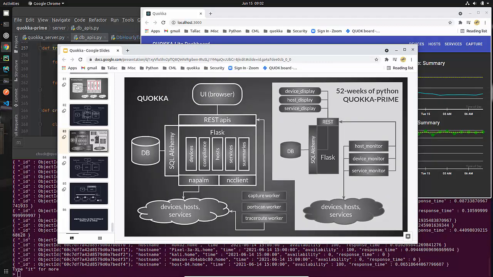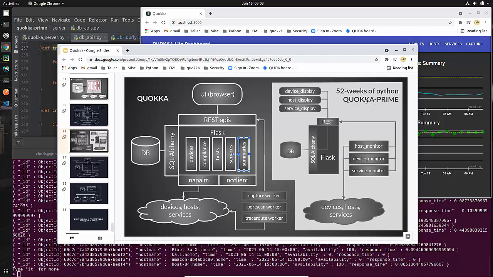For the purposes of the 52 Weeks of Python class, I implemented things in a different, simpler way. Actually turned out that there were some advantages for distributing monitors and stuff of that nature. So I actually kind of like this way of doing it. But let's look at the difference, and you can kind of see from the picture. In this picture, inside my Flask application, I have my monitors running. I have device monitoring, compliance monitoring, host monitoring, service monitoring. Oh, and guess what? There's that thing called Summaries. That's also running inside there.